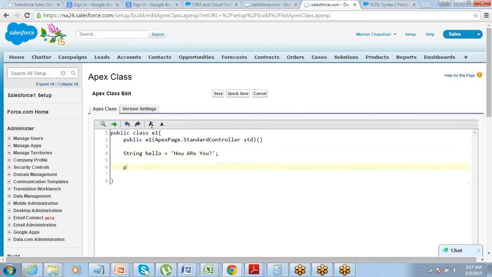All right, and I define a get method. I'm just using a very simple thing. Public string getHello, return hello.